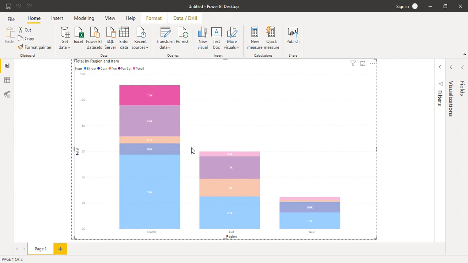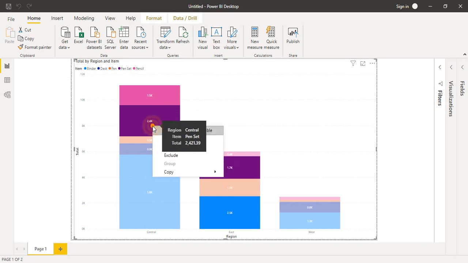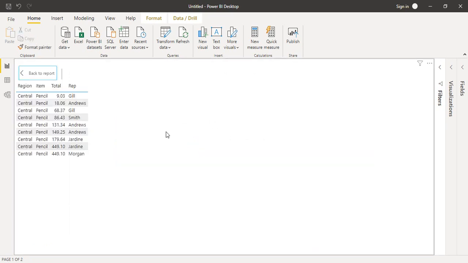Now what happens if you want more than one record at once? Suppose I want these 4 records, so I have control clicked them. Then you can right click on any one of the records and go to show data point as a table. Despite the fact that you clicked on the 4 records, you would only get the records of the thing that you right clicked on and not any other thing.